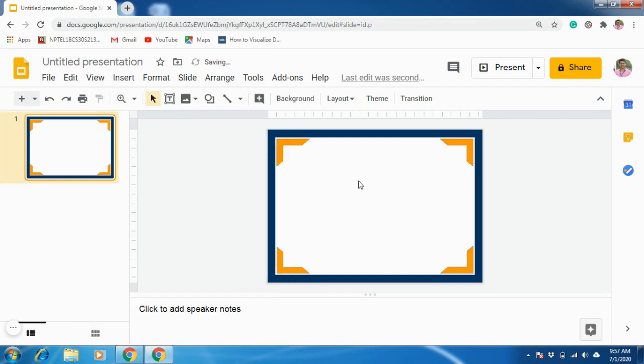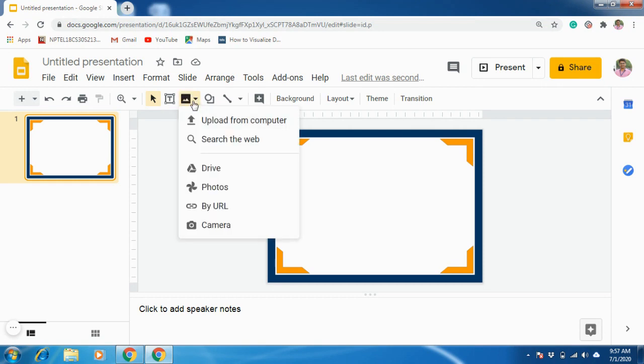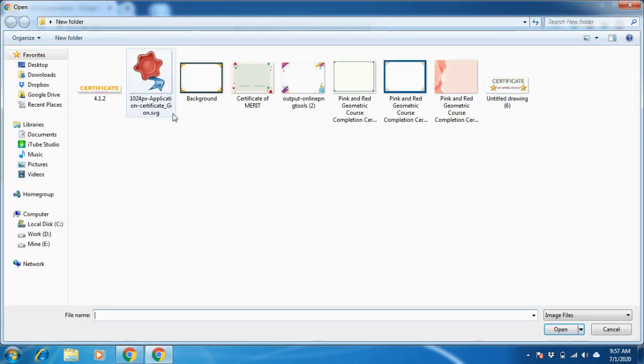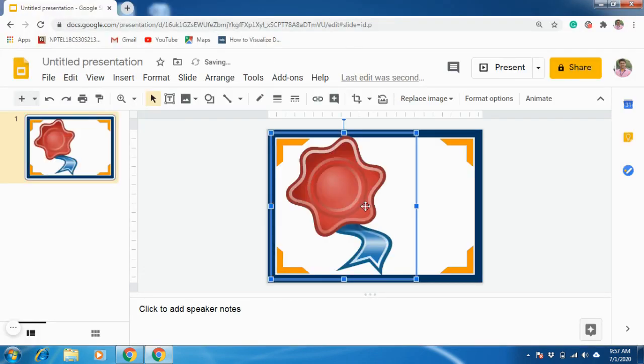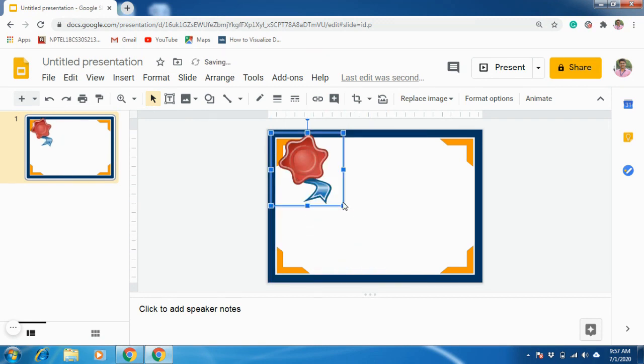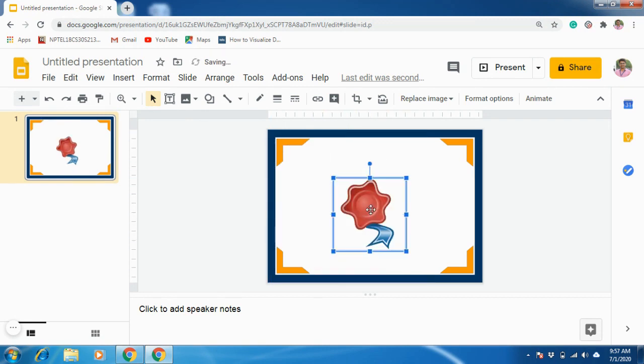Now next thing is I want to explain how to insert an image. Select this option, upload from computer. So I'm selecting this certificate banner. Now I want to keep this in center, but before that let me reduce the size. As I said, you have two options to keep this image in the middle.